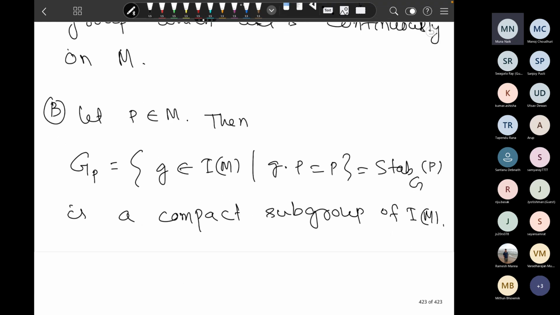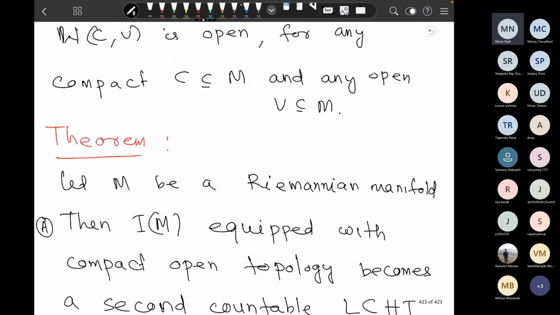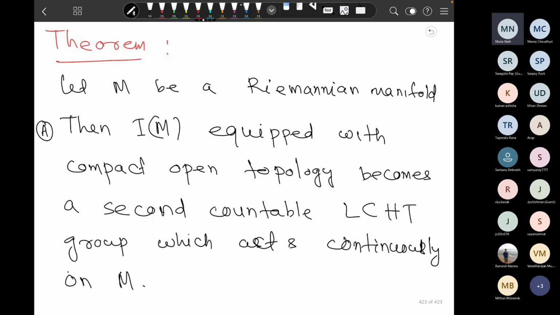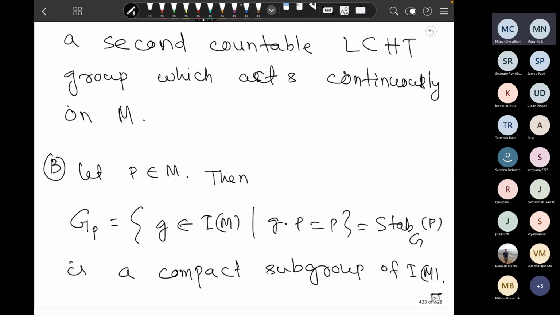Okay. Now this happens for a Riemannian manifold, and now we want to go to a Riemannian symmetric space. So for a Riemannian symmetric space, IM is the Lie group. So the compactness of this stabilizer will come from the fact that a singleton set is compact, right? Is it so? Actually, at present I do not remember the proof. So probably I do not know. I am not saying anything about it.